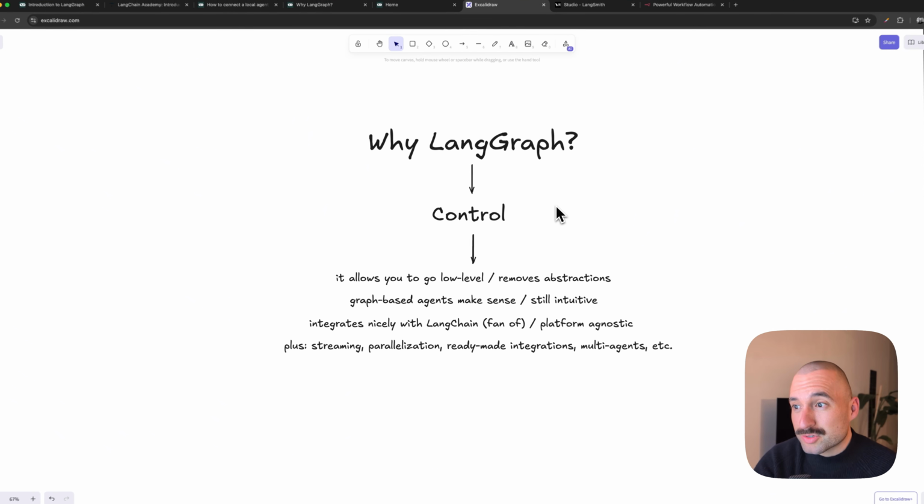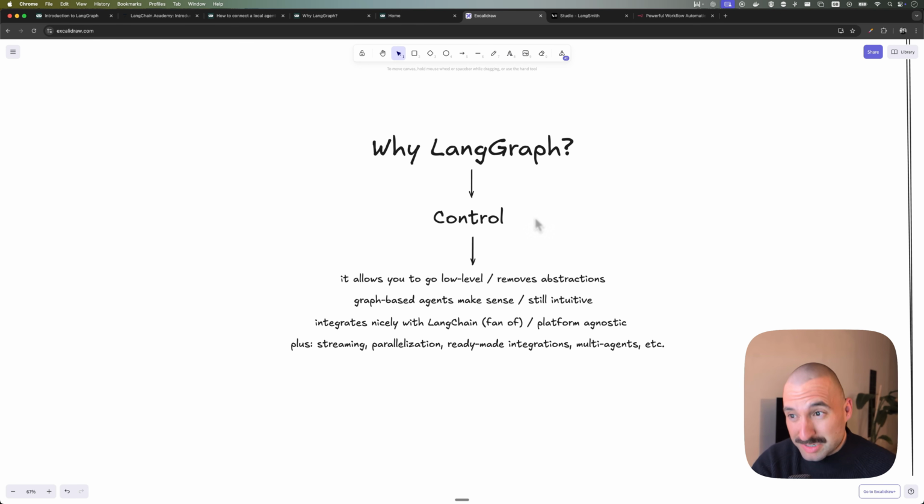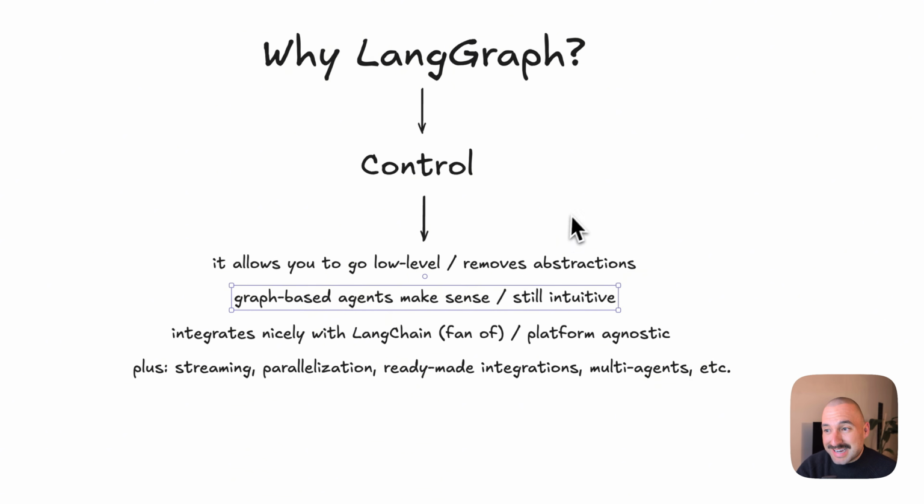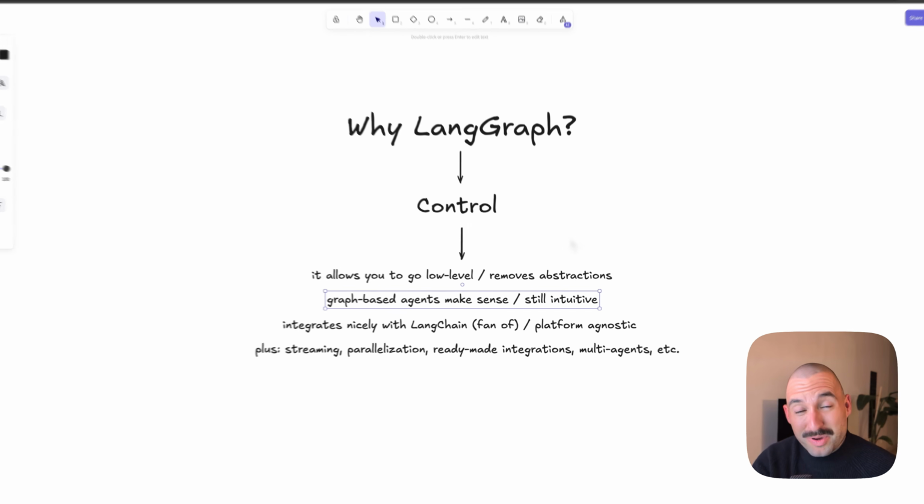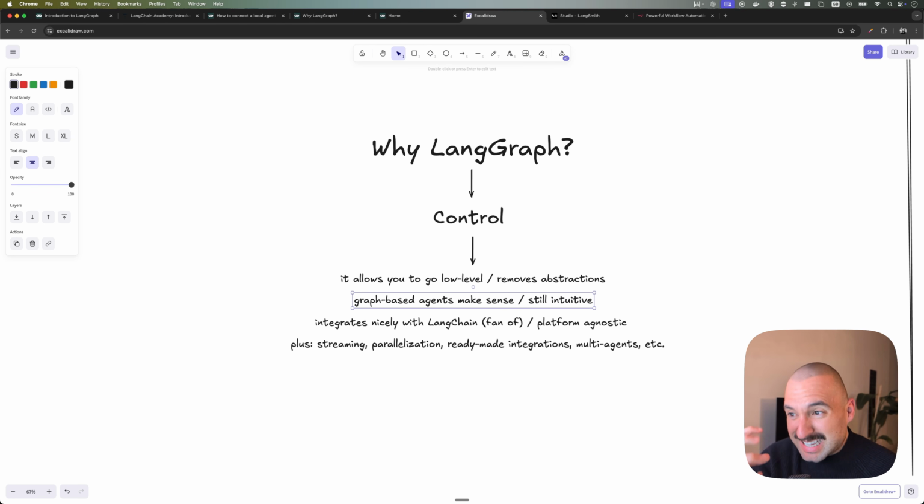And what I mean by control is that LangGraph allows you to really go low level, and it removes all these abstractions that, for example, LangChain has. Also, the way that it is architected as a graph, I think makes a lot of sense. And even though we go low level, I think it is still intuitive to understand what is happening in the